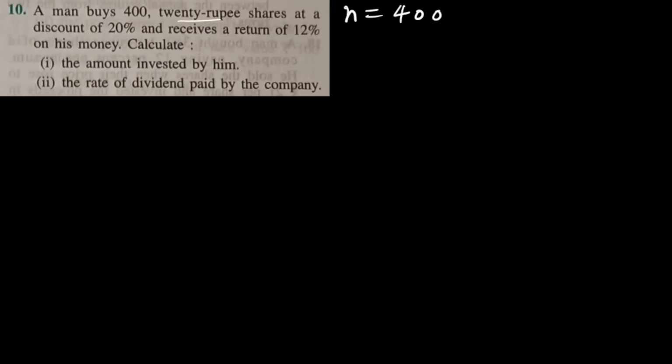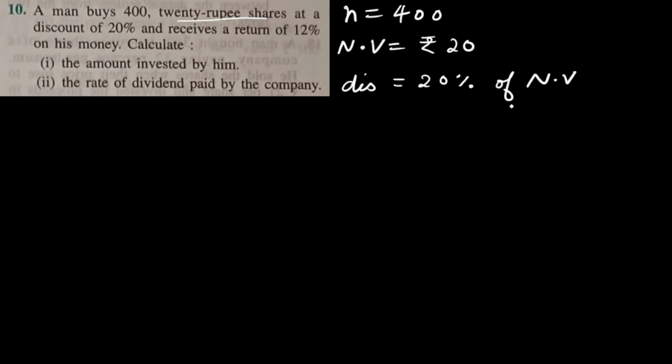the number of shares. So again, 20 rupees shares. Whenever some cost is written with shares, that cost is equal to the nominal value. So nominal value is rupees 20 at a discount. See, the discount percent is given to us. So how much is it? 20%. So whenever discount percent is given, immediately write this percent of nominal value, right? And then we can find its value. So that is 20 by 100. Percent means by 100, of means into. Nominal value is 20. This 10 will get cancelled. Here also 10 will get cancelled. So when I calculate this, I will get 2 into 2, 4. So discount in terms of rupees I found as 4.